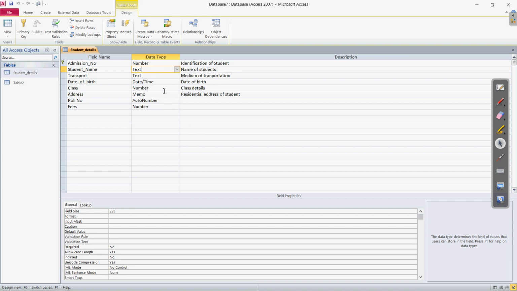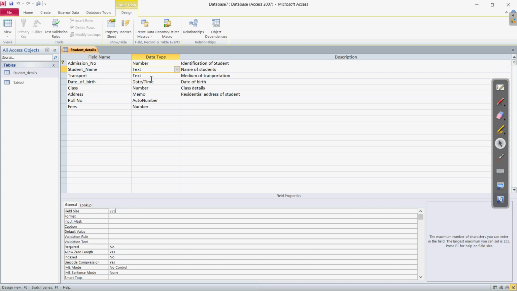Related to this text data type, the field properties are visible in the lower pane. The field size of text by default has a maximum value of 255, but we can modify and decrease it.